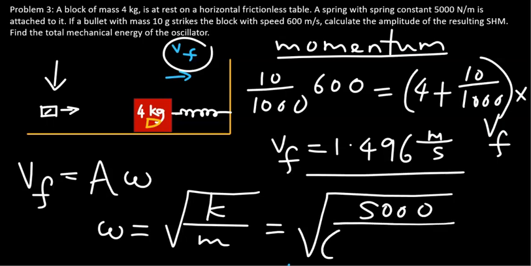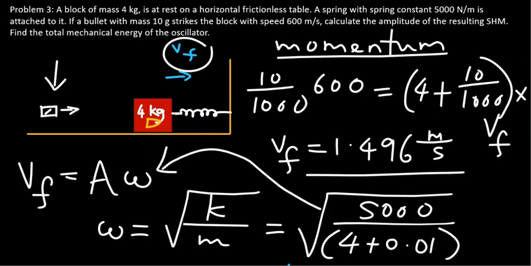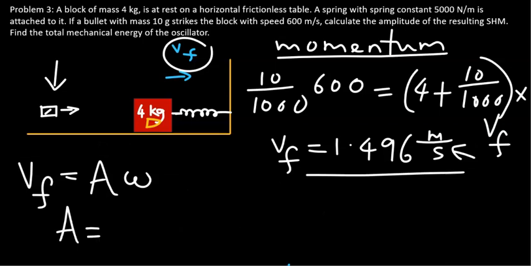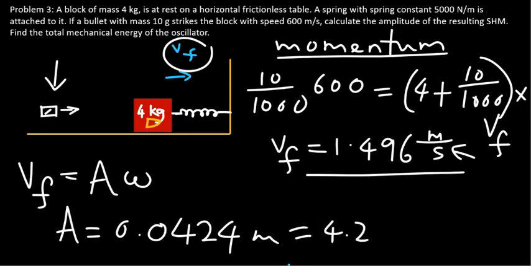And mass is the mass of the block, 4, plus the mass of the bullet, which is 0.01 kg. Substituting this value of angular frequency here and using this value for the maximum speed will give you the amplitude of the oscillation, and it will turn out to be 0.0424 meter, or 4.24